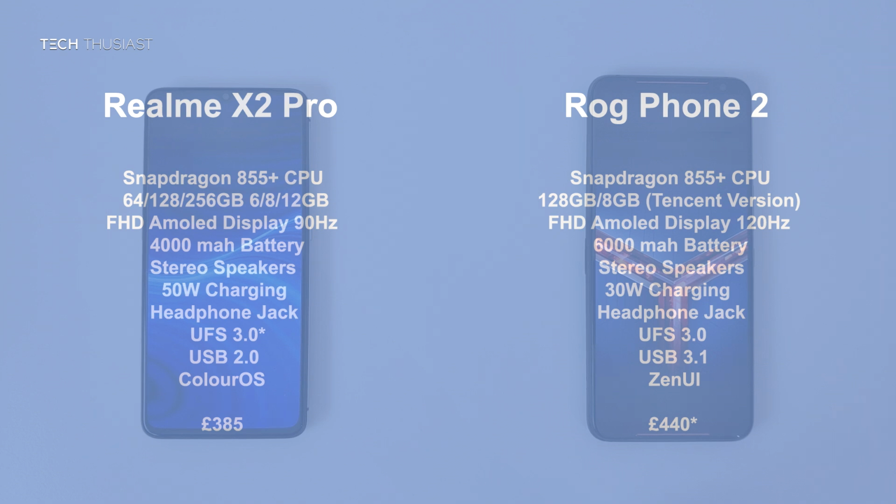As for the Rog Phone 2, it is probably the best spec Android phone you can buy right now. It also has the Snapdragon 855 Plus CPU, up to 120Hz refresh rate, a massive 6000 mAh battery, front-facing stereo speakers, 30-watt fast charging, headphone jack, UFS 3.0 and USB 3.1, also Zen UI, which is a